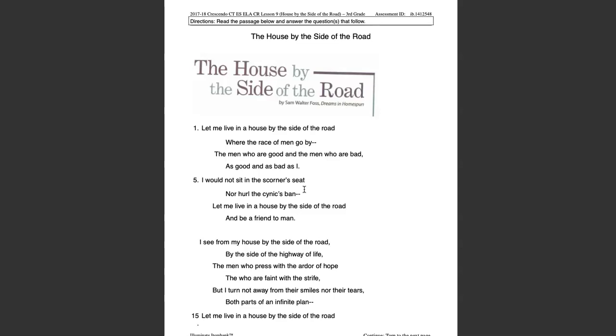Poets also like to use a lot of metaphors. And metaphors are when you have words that say one thing but mean something else and it's similar to something else. Okay, so it may say road but they may mean something else. It may say man but they may mean something else. It may say life or highway but it might actually mean something deeper. So think about those things while you're reading. Okay,